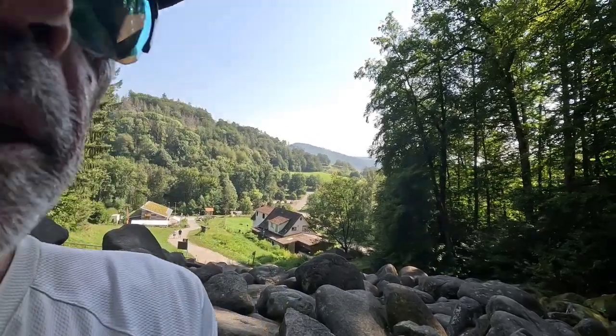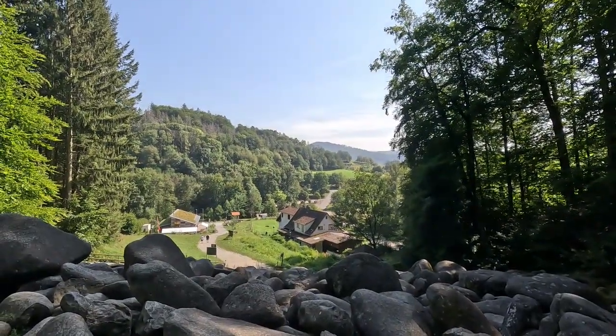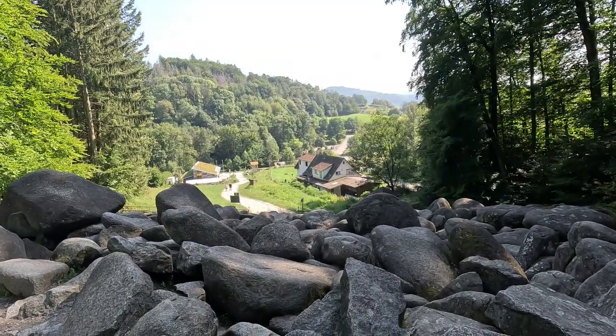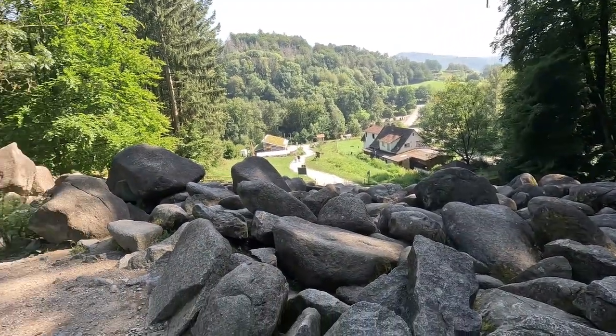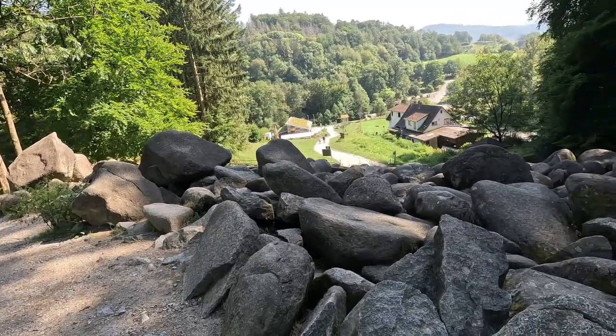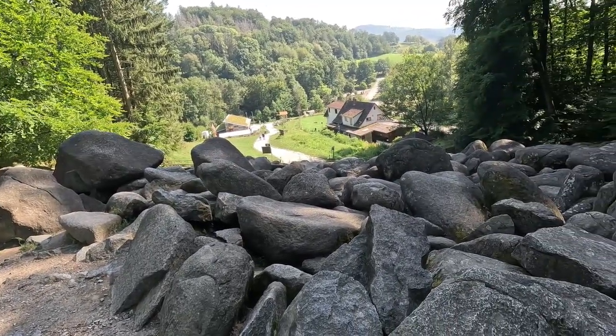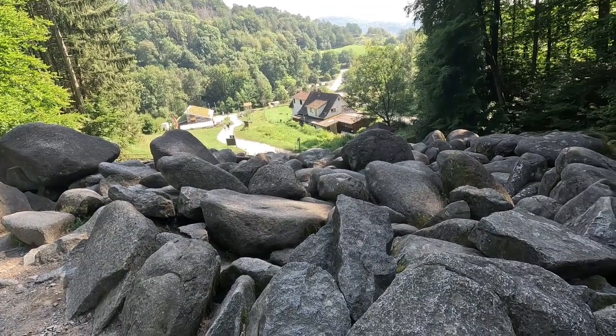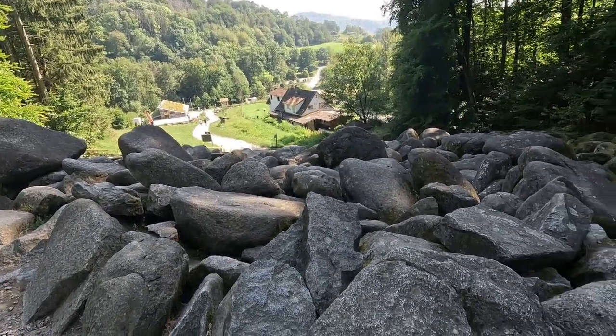Long time ago there were two giants who lived here, one on the Felsberg and one over on the neighbouring hill, and these two giants didn't get on. Apparently one of them was always playing his music too loud or parking in his neighbour's driveway and stuff like that. So anyway, things came to a head and a fight broke out,